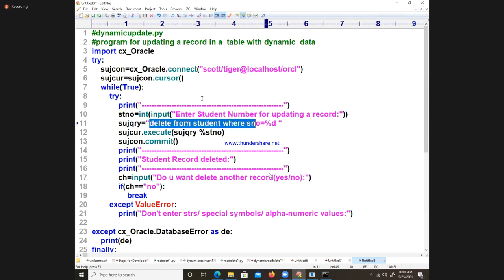Update query, you write it. So I got the number also. Of course, I will read the marks also. Update student set marks is equal to percentage D... I will write percentage D, where SNO is equal